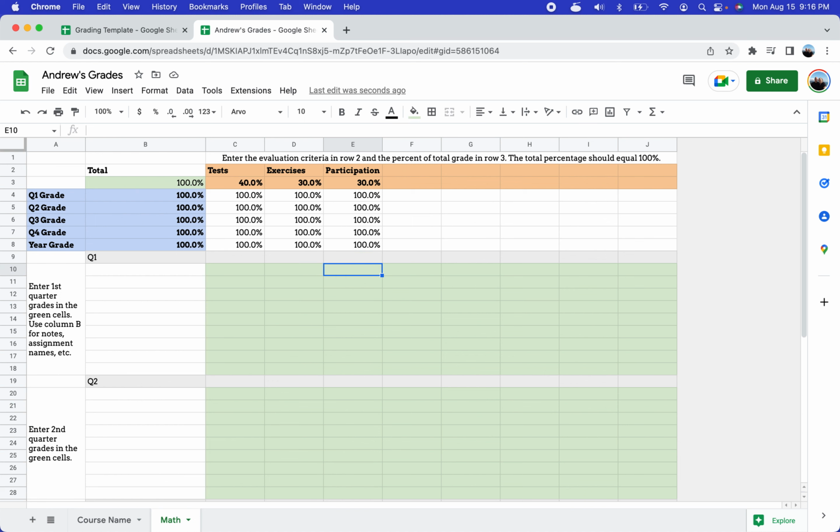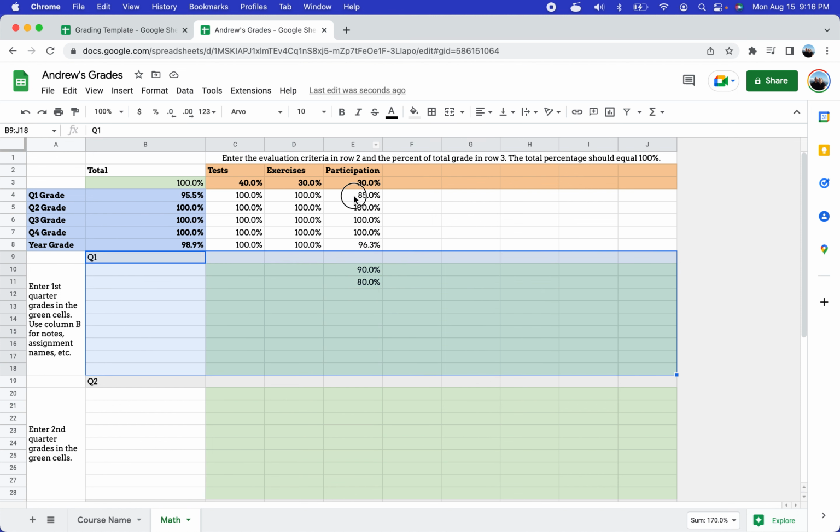But if you said they got 85% in participation, then whatever cells are in here, it'll average whatever is in this column for participation, and it'll put it here. So again, if you don't have anything, it's 100%. And if you put anything at all, it'll start averaging them. So if I put like 90 and 80 in here, say two activities counted for participation, graded 90 and 80, then the participation grade for this quarter,